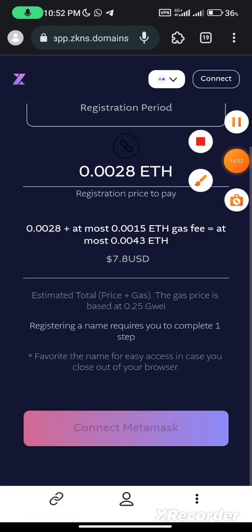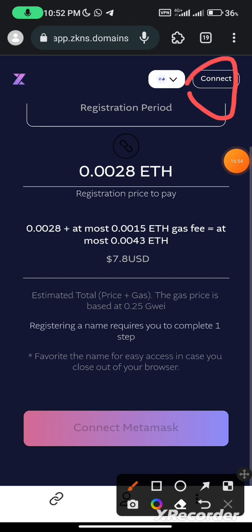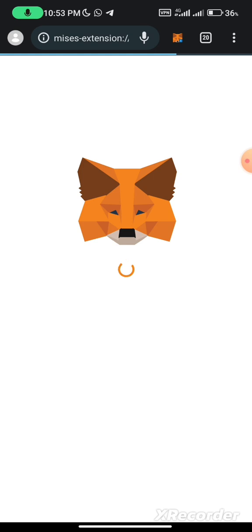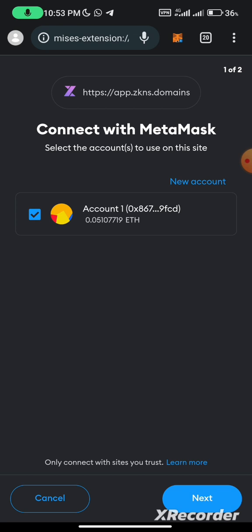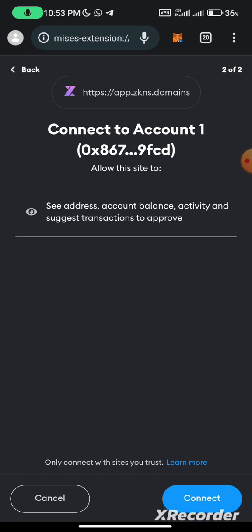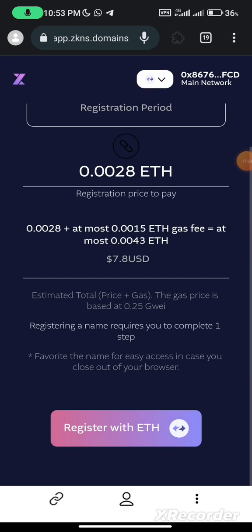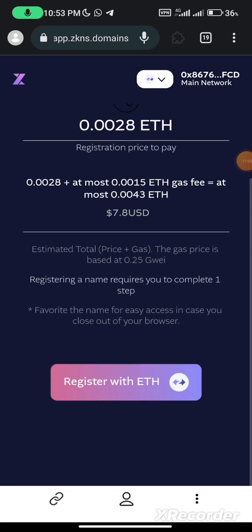Click on this place to connect with your MetaMask. Sorry, this place. When you click on it, you can select connect with MetaMask wallet. Then you click on next. Now when you click on next, click on connect. So now you can just click on register with Ethereum. When you click on it, it should direct you to